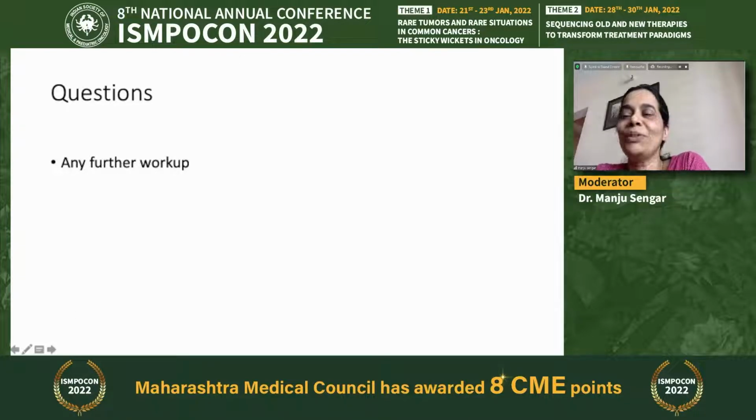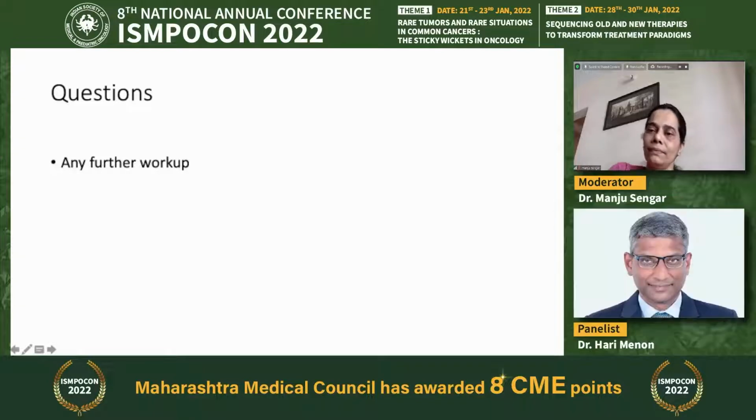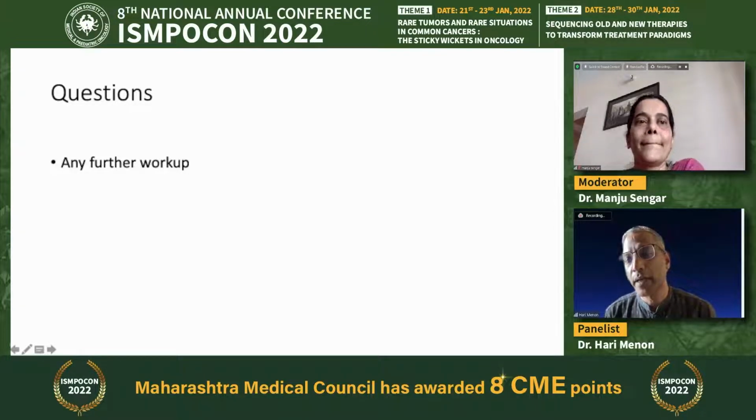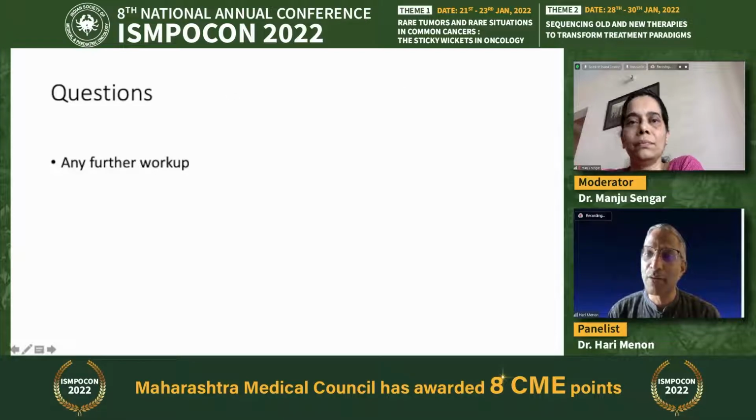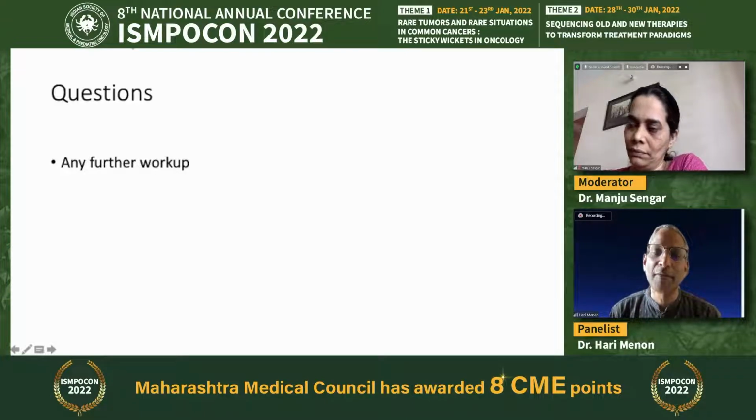So Hari, I can start with you, and then maybe we can go around to Puneet. Yeah, so basically the workup doesn't differ from what we would do for any of the lymphomas that we approach. We would like to stage the disease, and more importantly in this situation, try to distinguish whether there is an angioimmunoblastic T-cell lymphoma, because marginally they may do better than peripheral T-cell lymphoma not otherwise specified. But that is again in terms of the prognosis, and staging is important over here. And sometimes if you have a more local regional disease or early stage disease, there is a suggestion that they may do better, and some sort of